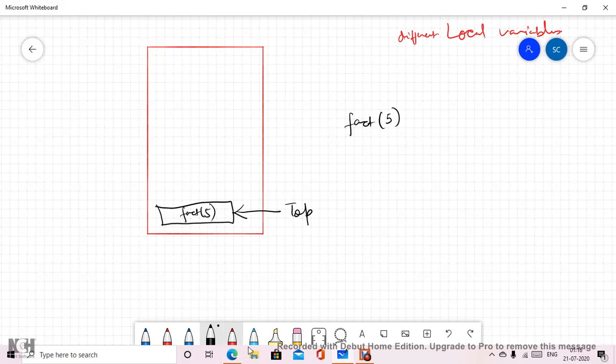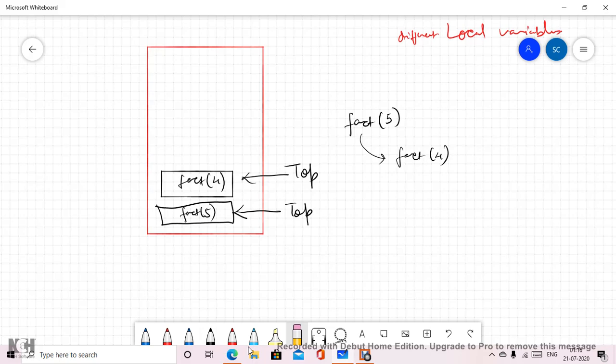Now further, because it is recursive, this function is going to call fact 4. Now this comes onto the stack, with all the related local variables, and now my top goes here.